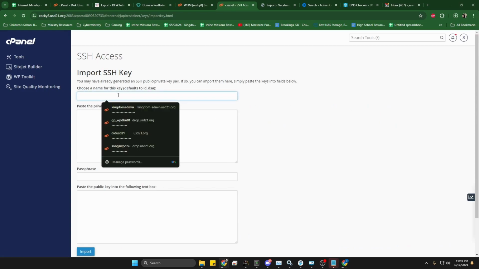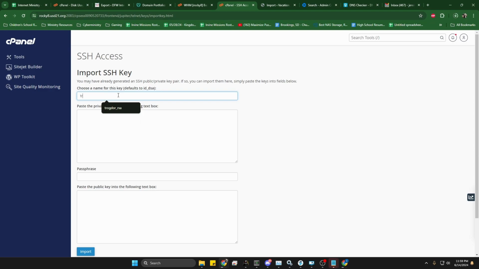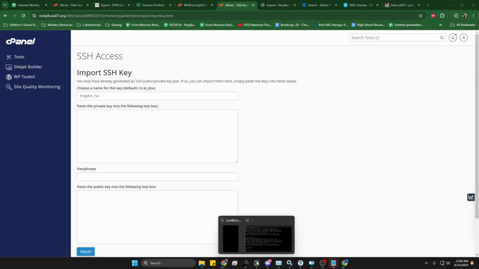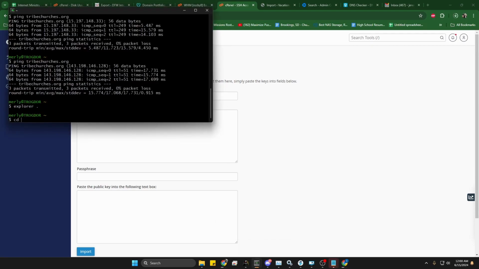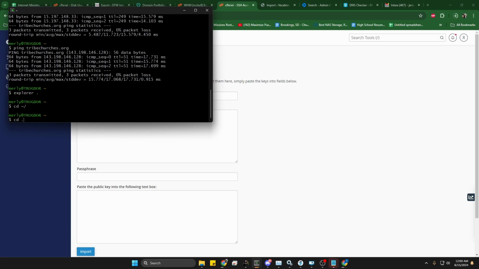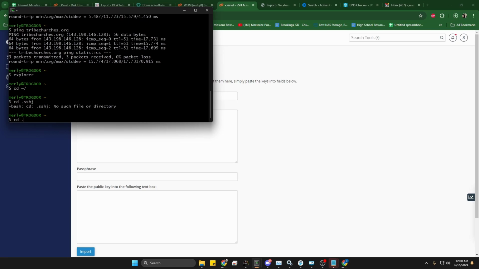Let me call this Trogdor RSA. Trogdor. Okay, and that's the name of my machine. Okay, if you wanted to, you could put something else. But for me, I know this is my machine. Okay. I use Cygwin. Not everybody uses Cygwin, but that's what I use. And I am going to